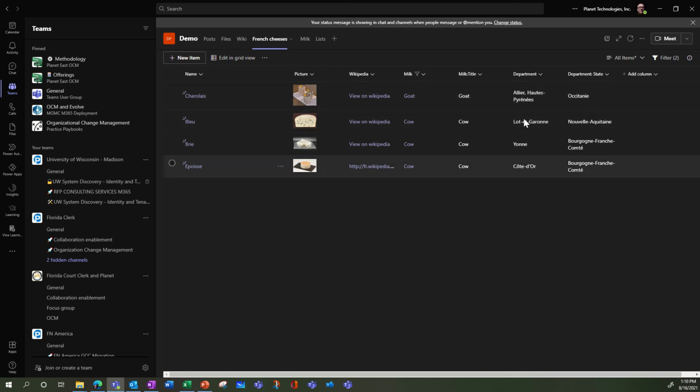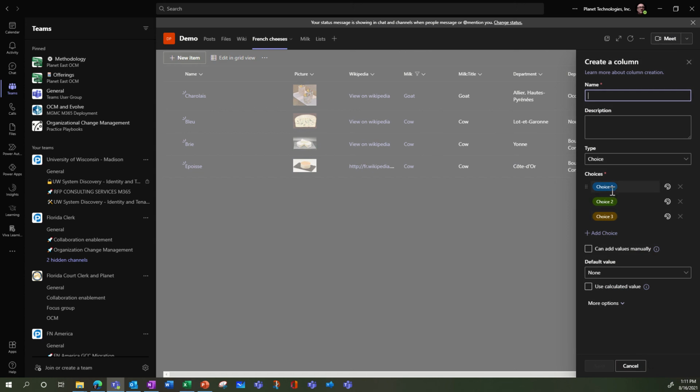So how did I do this column department? Actually I choose location, and with that comes something else, but only in SharePoint. Also, how did I create a column that was linked to another list? Because here I don't see it. I could have done choice, and here I could have listed, since there were only three types of milk. I could have listed here, I could have said